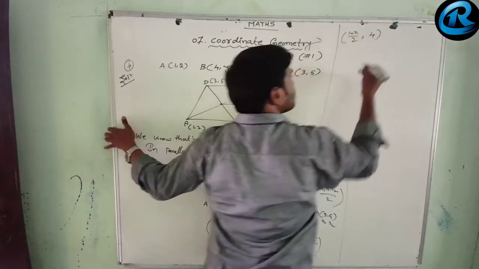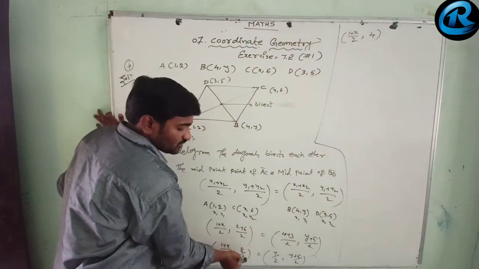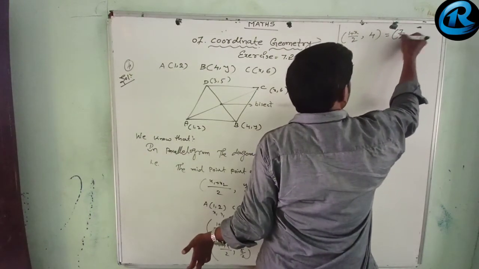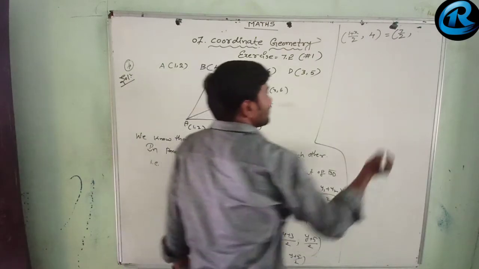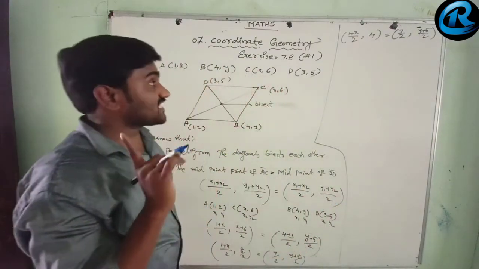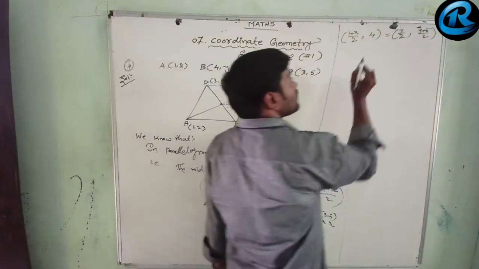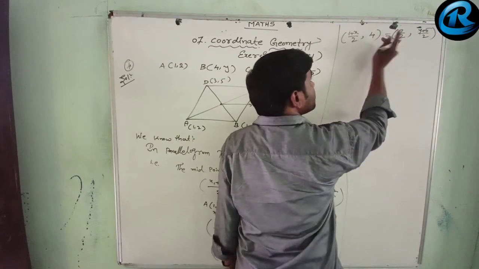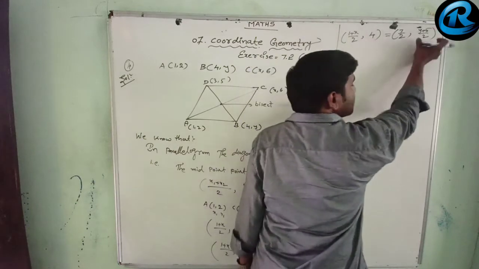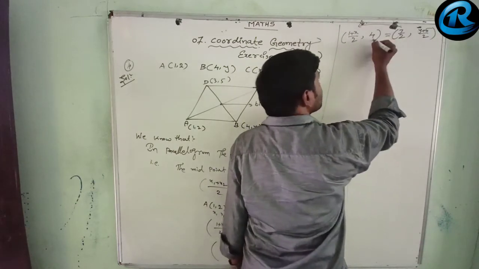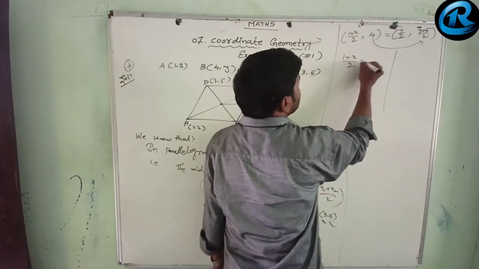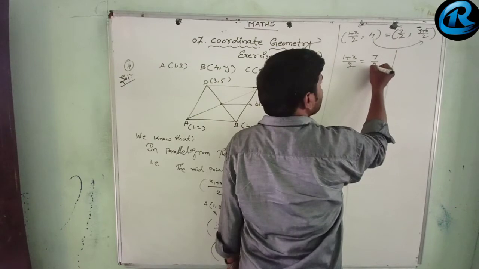అందులో క్యాన్సిల్ చేయకూడదు, బట్ we have to write the right answer. 8 by 2 is 4 and 7 by 2 here and here y plus y by 2. See now you need x and y values, no? What is the meaning of this actually? The meaning ఏంటి? ఇక్కడ x కోఆర్డినేట్ అనేది దీనికి ఈక్వల్ అవుతుంది, ఈ y కోఆర్డినేట్ అనేది దీనికి ఈక్వల్ అవుతుంది. Let us make the x coordinates equal and y coordinates equal like this. Let us see 1 plus x by 2. Here this x coordinate is equal to 7 by 2.